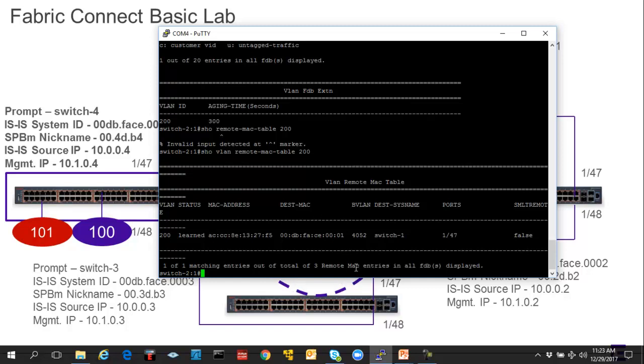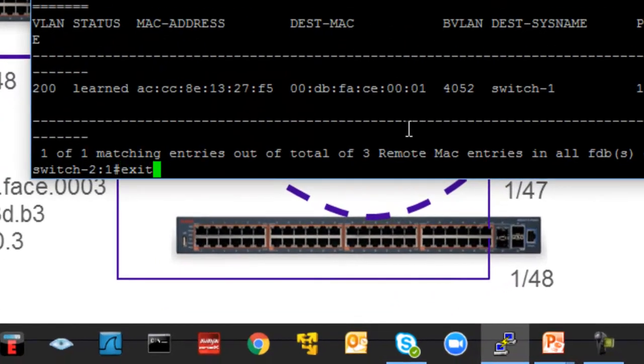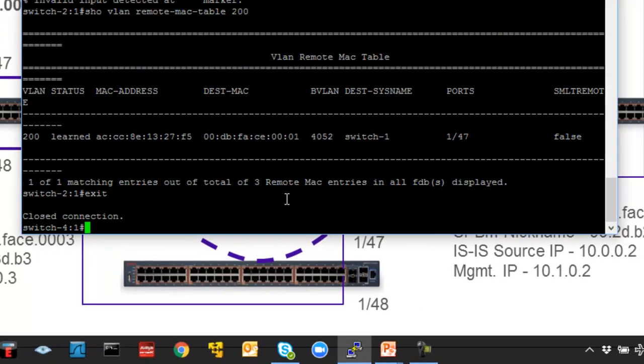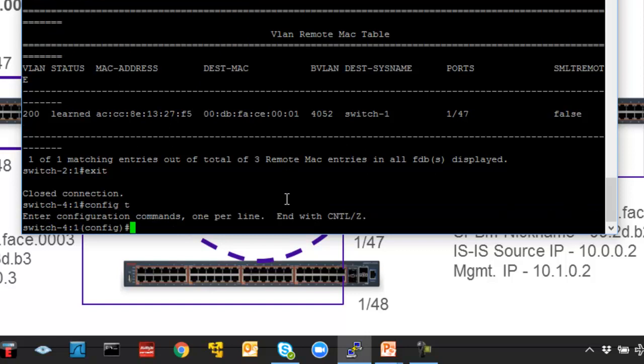So that's about as much time as I want to spend on switch number 2. Let's exit the interface now, and that will take us back to switch 4. So now we're back at switch 4, and our goal is we want to create some VLANs here. So the first thing we need to do is go into our config T, and now we want to create a VLAN, and we'll use the create command, and we will create 100,